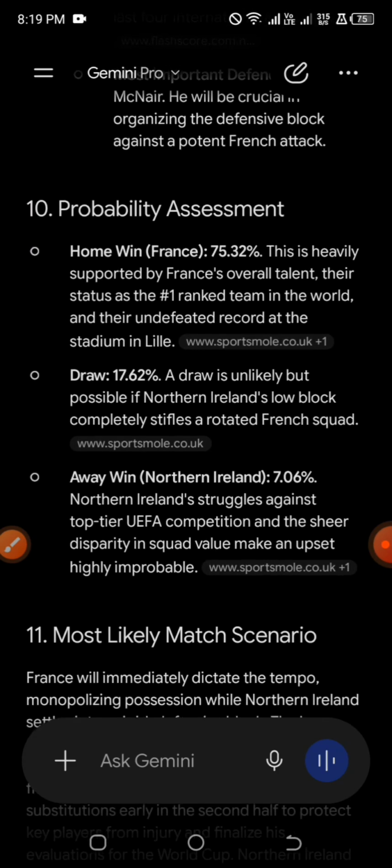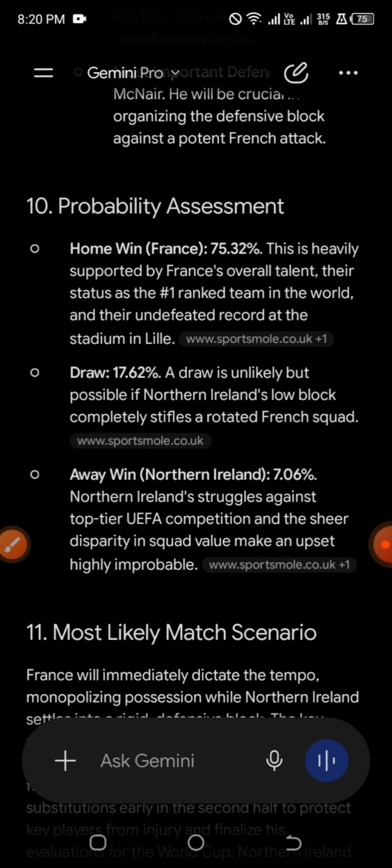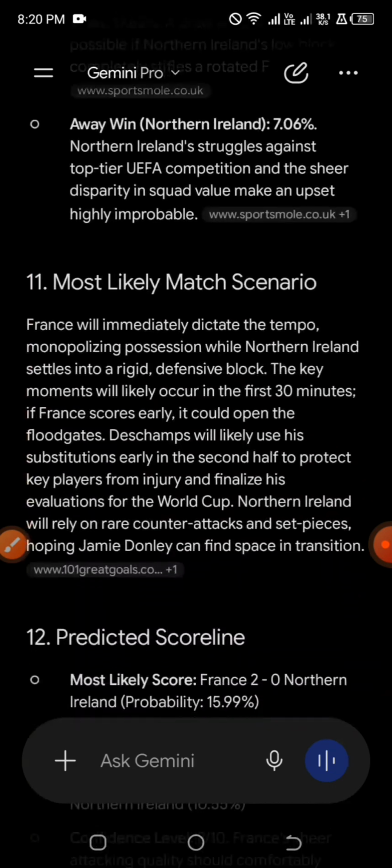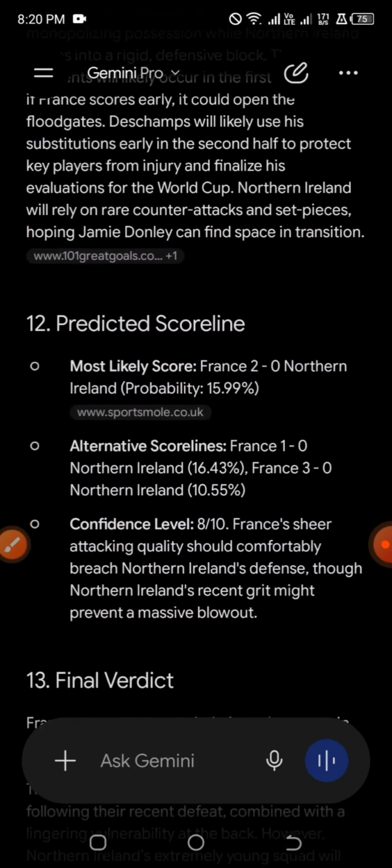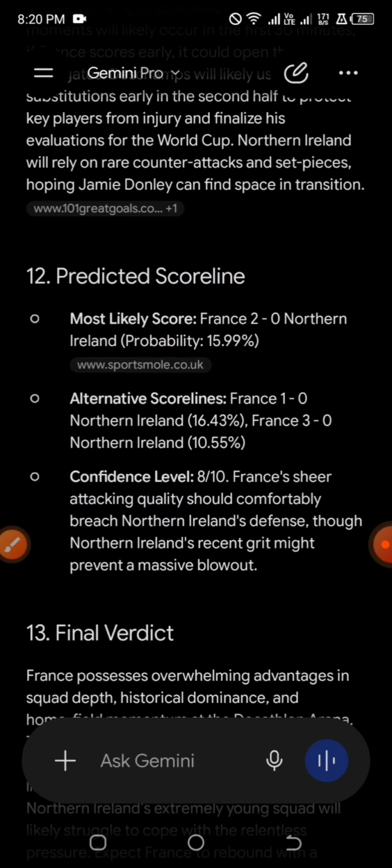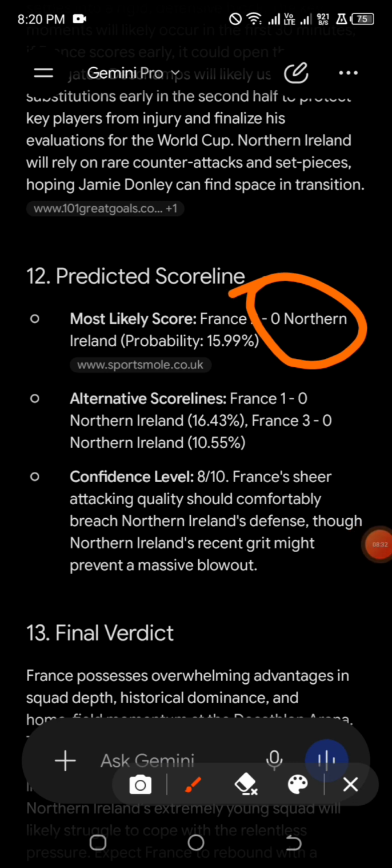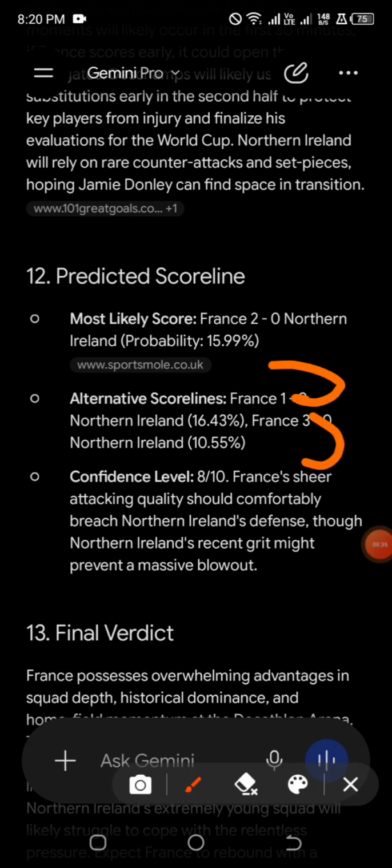Based on their probability assessment, we have 75% that France will win this match, 17% that it will end up in a draw, and 7% that Northern Ireland will win. The predicted scoreline is 2-0, that is most likely, and the alternatives that we have are 1-0 or 3-0. But the reason why I will not like us to go for this match as maybe